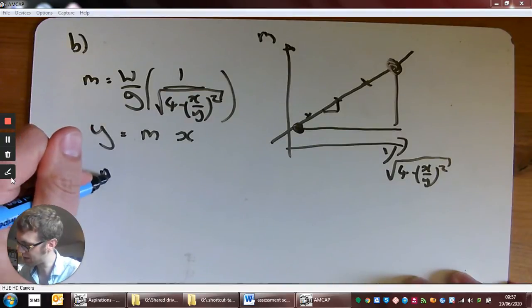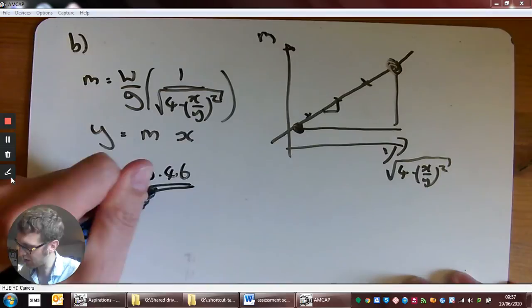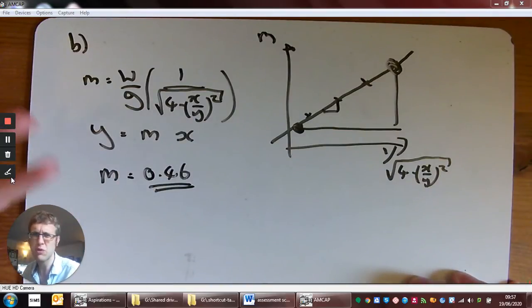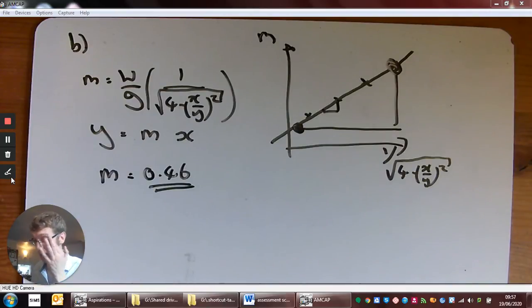So I think you end up getting the gradient as being about 0.46, or at least that's what I got when I was doing it. There's a bit of a range, like 0.45 up a little bit as well. But let's say that's our gradient. The next part then goes, right, let's work out what W is if G